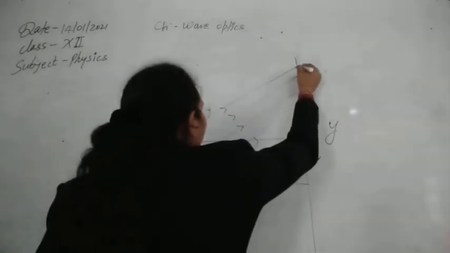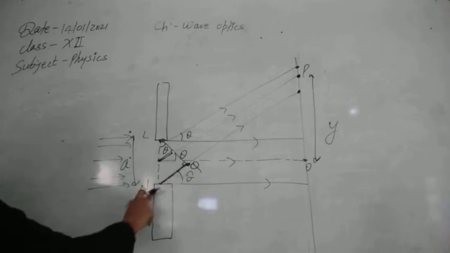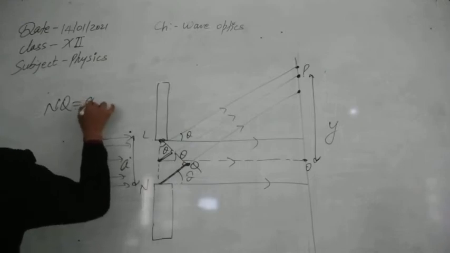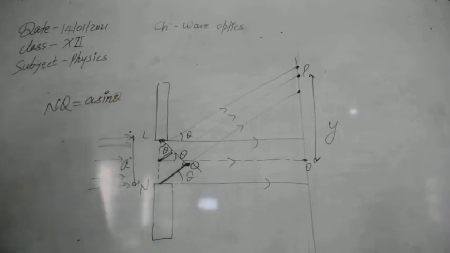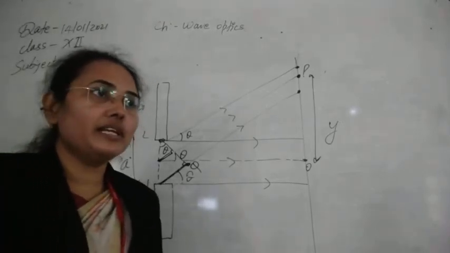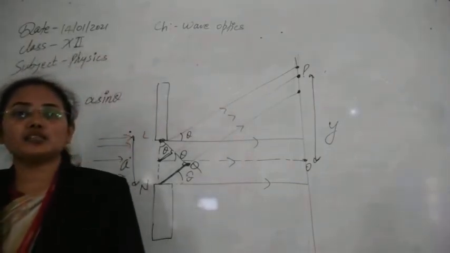For example, suppose these two points are very near, so they are getting over each other, then the path difference between these two waves is NQ. So the value of NQ from the triangle NLQ we can easily get, that is A sin theta. Now to establish the condition of minima and maxima completely, we need to first add the additional path difference lambda by 2 here. Also, as these waves are superimposing over each other, we can use directly the conditions for maxima and minima from the previous cases of interference.